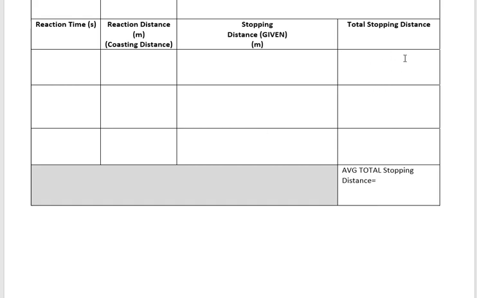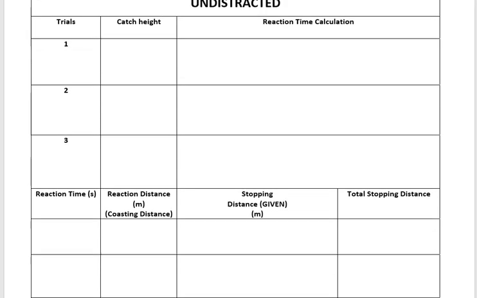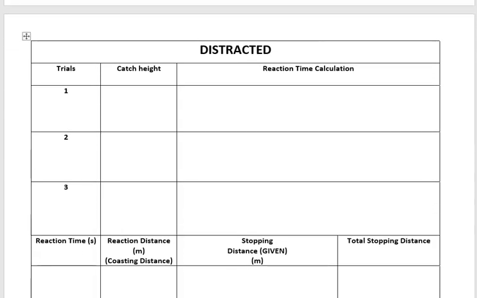And then for your total stopping distance, which is over in this column, you're going to add your reaction distance plus your stopping distance, and that will be equal to your total stopping distance, okay? So just repeat that 3 times, and then you'll just get your average stopping distance, okay? So this is for the undistracted. And you're going to do the same thing, guys, for your distracted